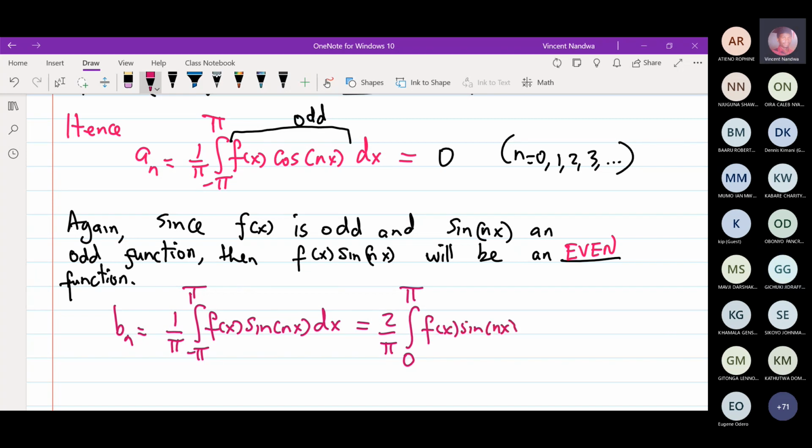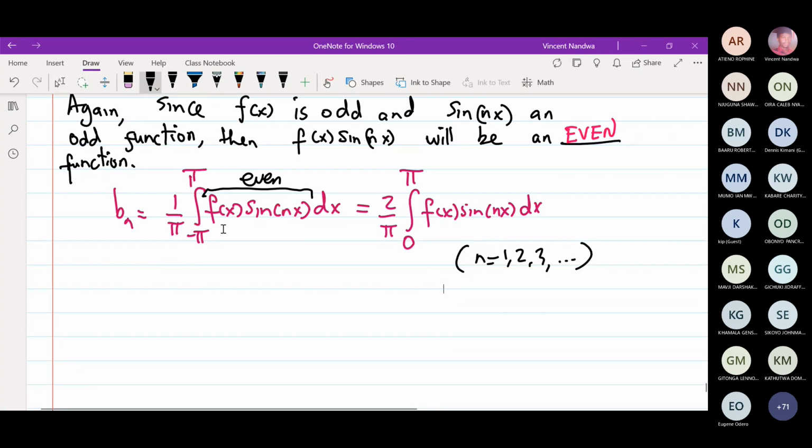So this is what we have from what we have discussed earlier on: the integration of an even function from minus alpha to positive alpha. What is giving us this result is that this product is an even function. So remember, this holds for n from 1, 2, 3, up to infinity. Therefore, the Fourier series reduces to